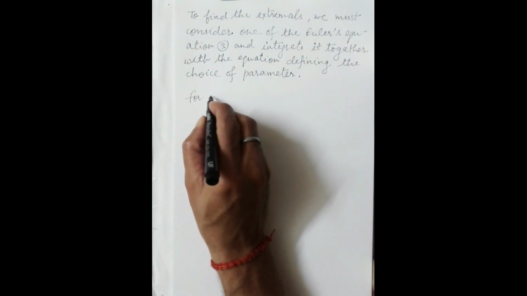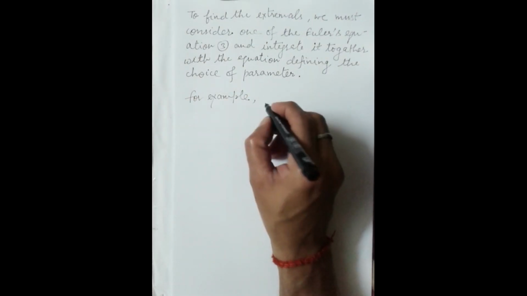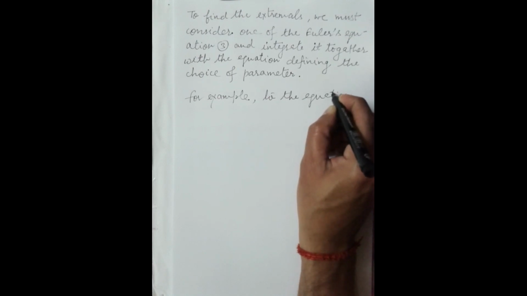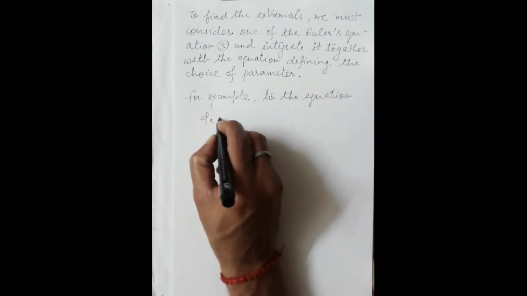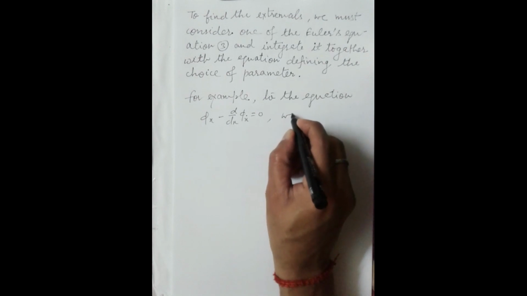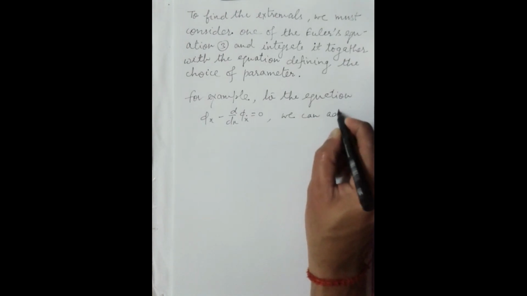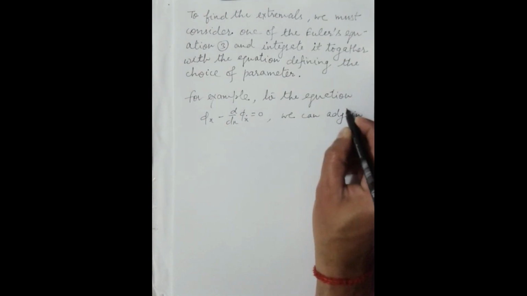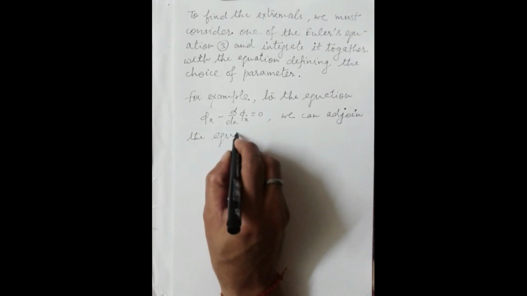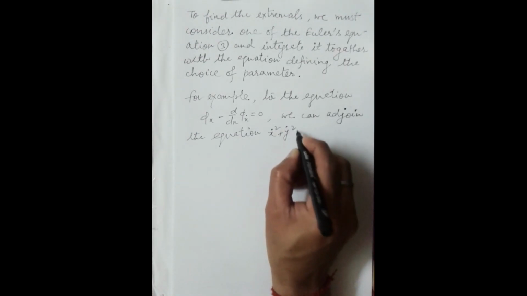For example, to the equation phi x minus d by dt of phi x dot equal to 0, we can adjoin the equation x dot square plus y dot square equal to 1,